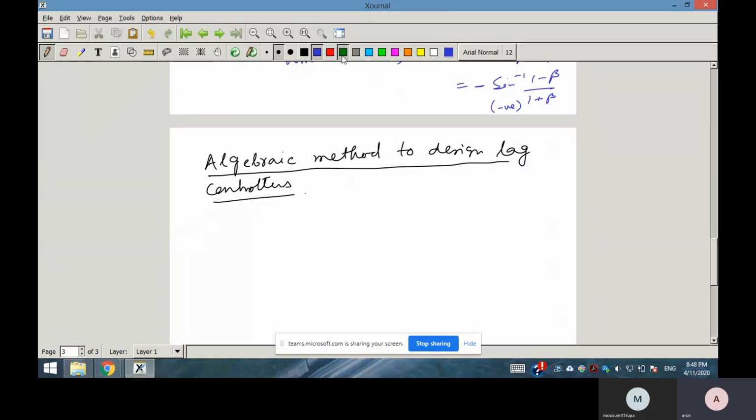So what is the objective? Only derivations I will make here. So what is the objective that we should know? So given phase lag phi c, remember that phase lag means phi c is negative. Phase lag means here phi m is negative. Any phase lag that we provide means phi c is negative. And given phase lag phi c and attenuation